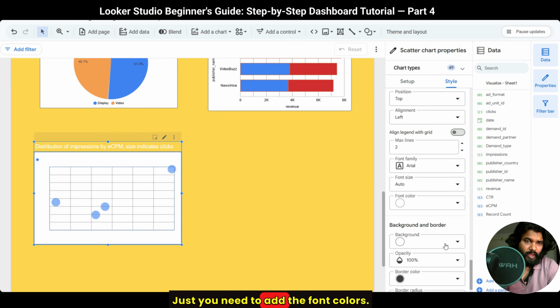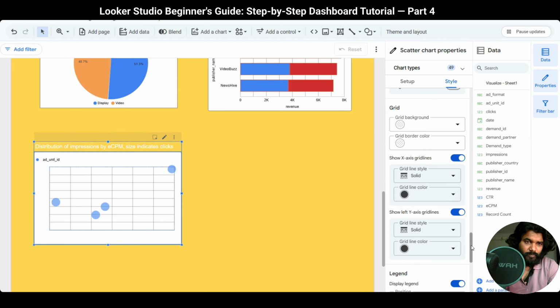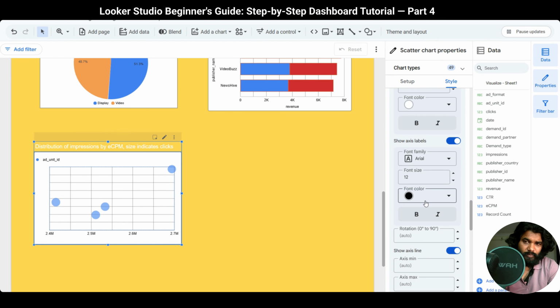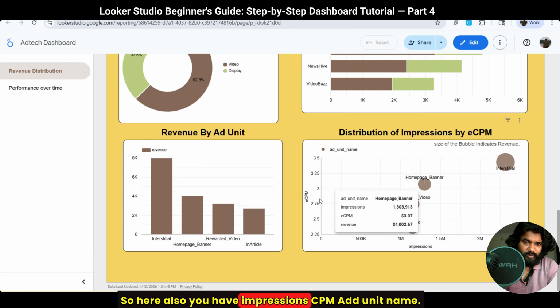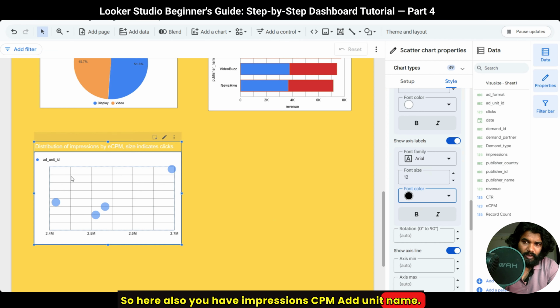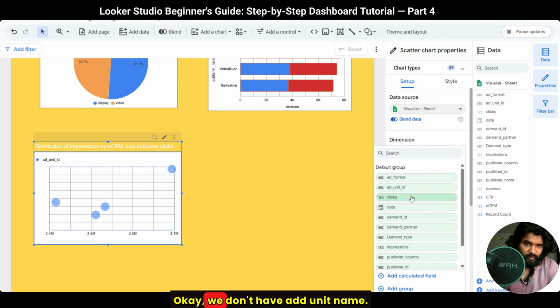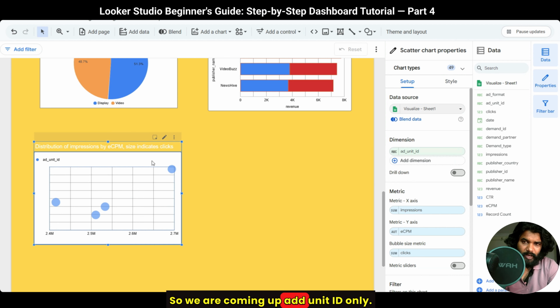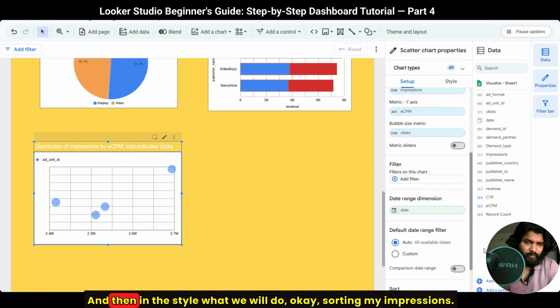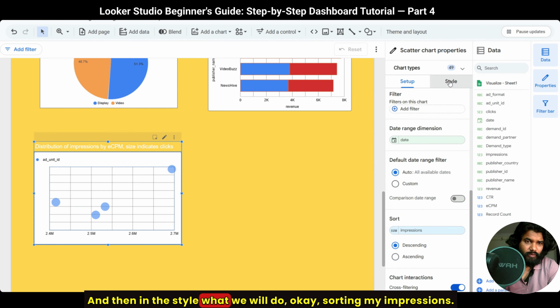Just you need to add the font colors, add the ad unit ID. Okay, so here also you have impressions, CPM, ad unit name, right? Okay, this is ad unit ID. We will write ad unit. Okay, we don't have ad unit name, so we are calling up ad unit ID only. Okay, cool. Okay, we're having ad unit name, and then the style, what we will do,